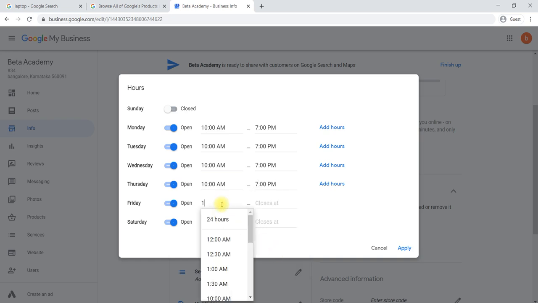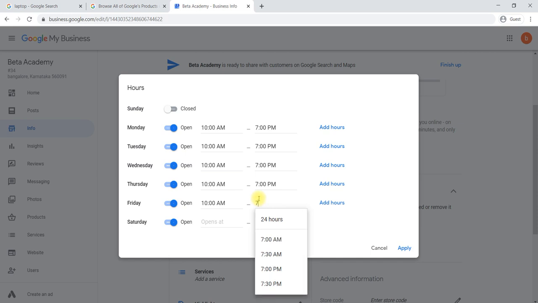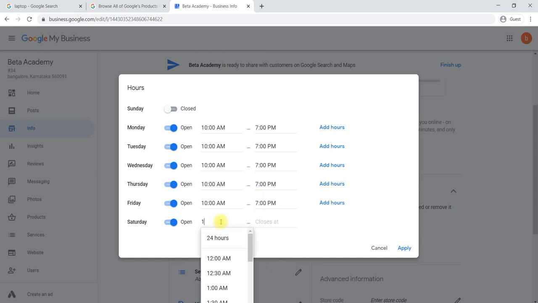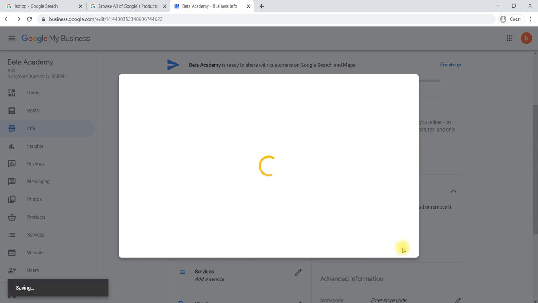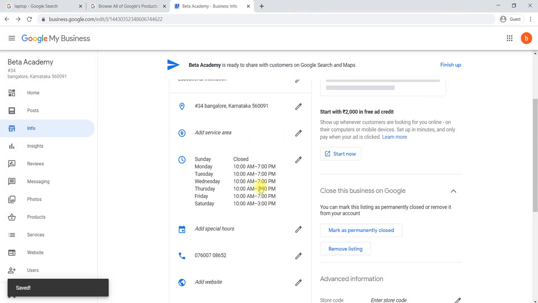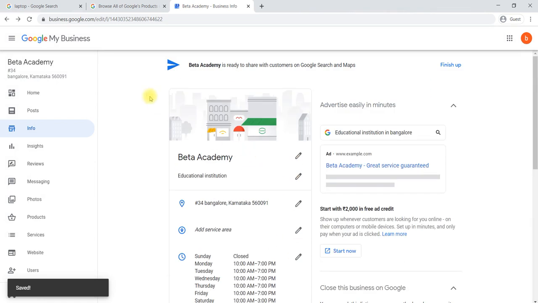For example, Saturday you are closing early, you can say from 10 a.m. to 3 p.m. Like this we can add all the hours. Then once you have added, say apply. It will be updated in your business page.